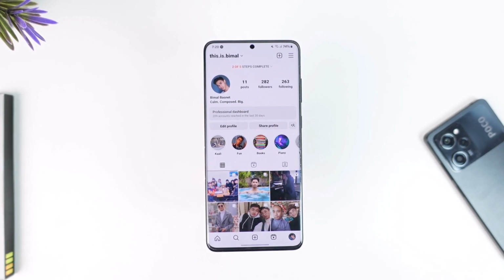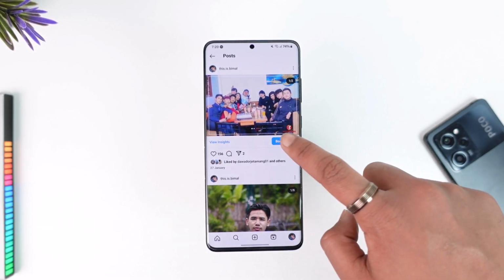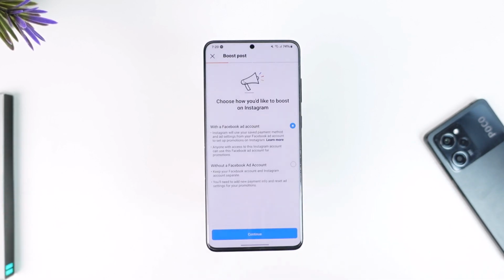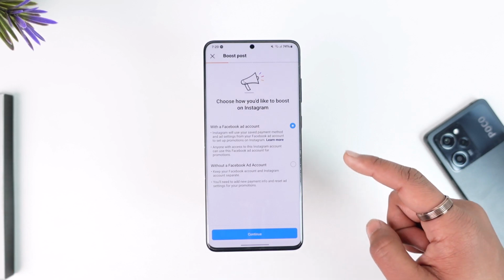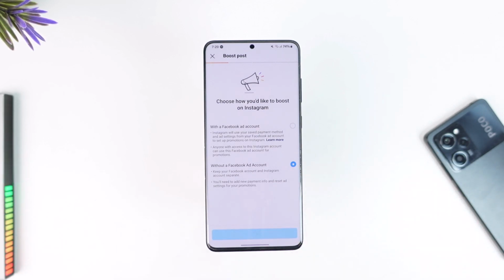So once you switch your account, you can select a post that you would like to sponsor or boost, then tap the boost post option right over here, and as you do that you should be able to see a list of details as to choose what you'd like to boost on Instagram, with a Facebook ad account or without a Facebook ad account. I'll just select that, tap on the continue button there, and after you have done that